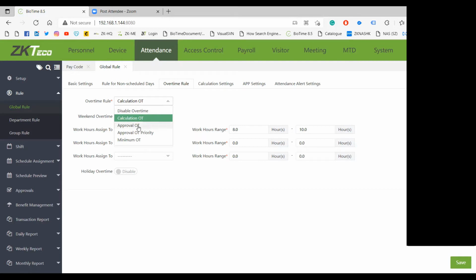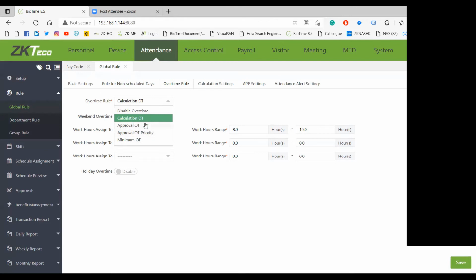And then we have the approval overtime. After 5 o'clock, I can apply for overtime. It will go through an approval process where different levels of approvers will approve the overtime, and then finally it comes in the report. The admin can choose whichever option is required. Either a calculation overtime based on the normal punch in punch out records, or when I apply for the approval separately.